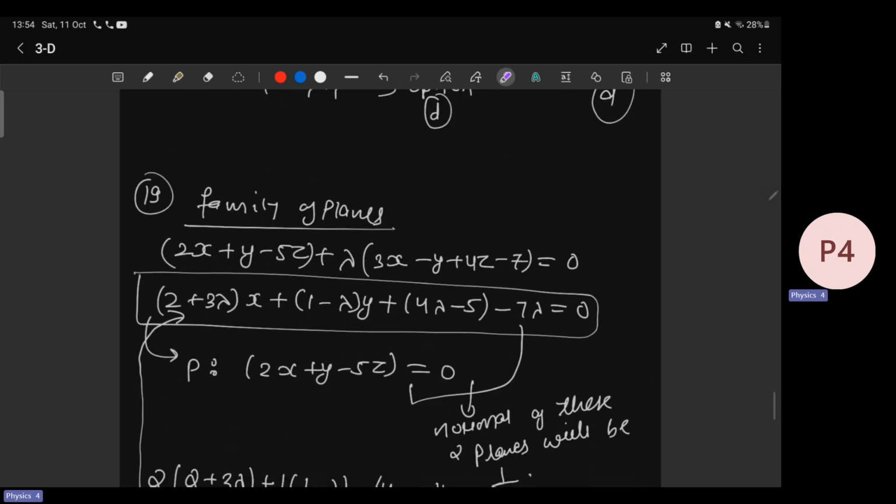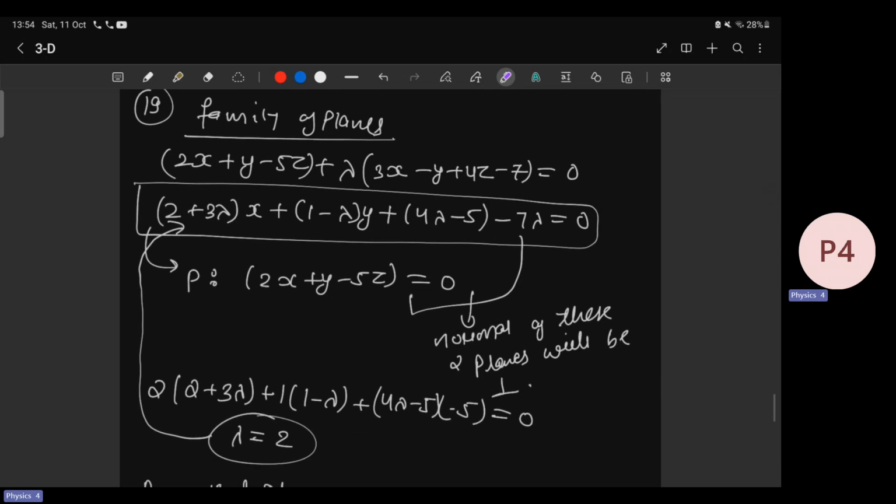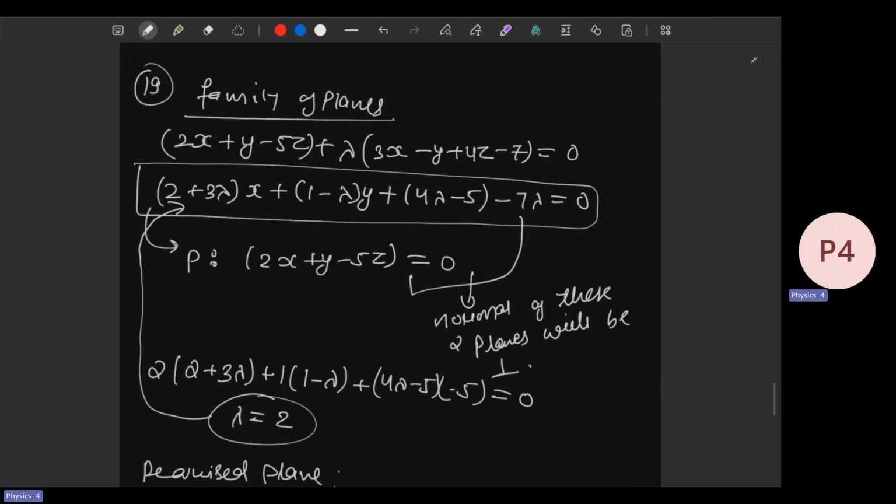Now we move on to question number 19. The plane which bisects the line segment joining, if the plane 2x plus y minus 5z equals 0